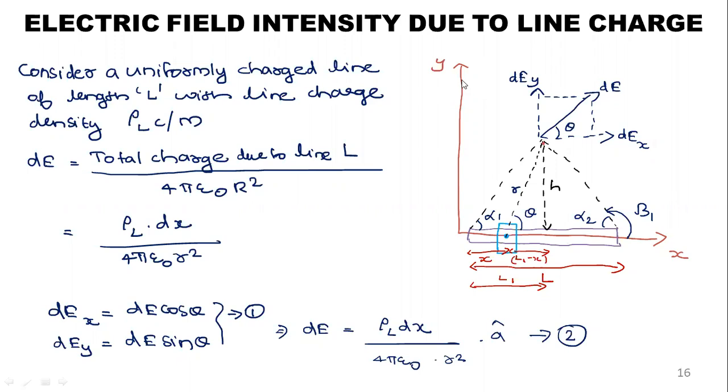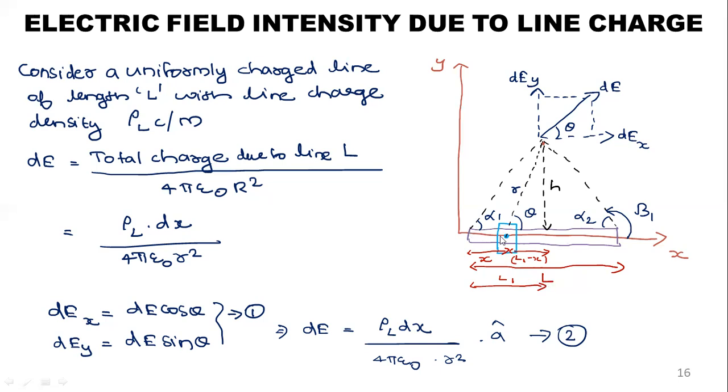Cursor കാണാമോ? Okay, so this is x-axis and y-axis. In this x-axis, we are considering a line charge. This purple color, the purple color which I have drawn here is x-axis. X-axis is a line charge. This is the line charge in x-axis and it is of length L. Total length and the L.